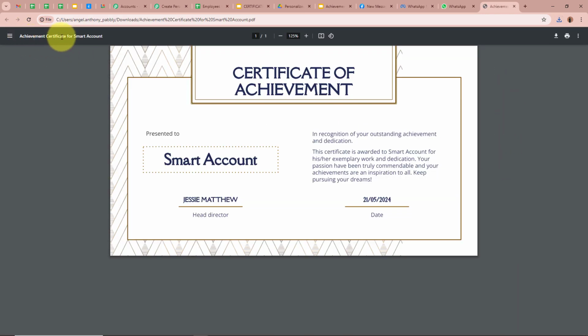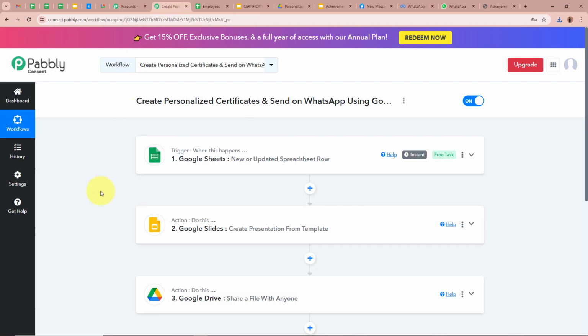If I open this link, a new file is downloaded on my computer. I'm going to open this file right over here. The name of the file is Achievement Certificate for Smart Account, as you can see, and the file is in a PDF format. So this is a certificate of achievement for smart account. It says smart account right over here, for the date 21/05/2024. So this means that we successfully created an automation between all of these applications with the help of Pabbly